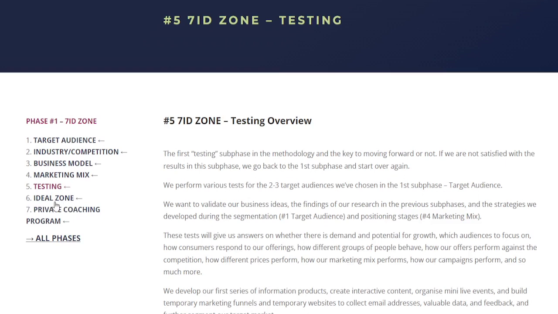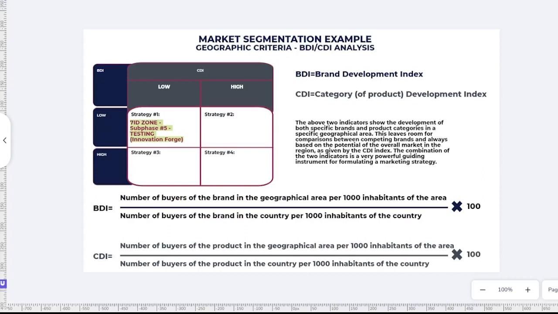to target, and then we follow a certain strategy at the beginning, and then we enter the second phase, which is big ideas, where we define our strategies before we develop the product. Now, in the 5th subphase, when we start performing tests, of course in these tests we'll take into account not just geographic criteria, but other criteria that we use in market segmentation, like demographics, psychographics, behavioral characteristics, and so much more. We'll define if there is potential